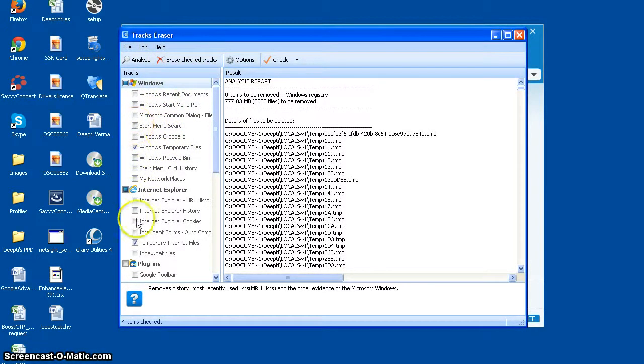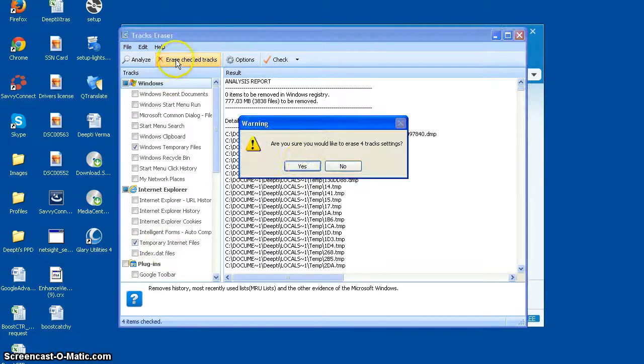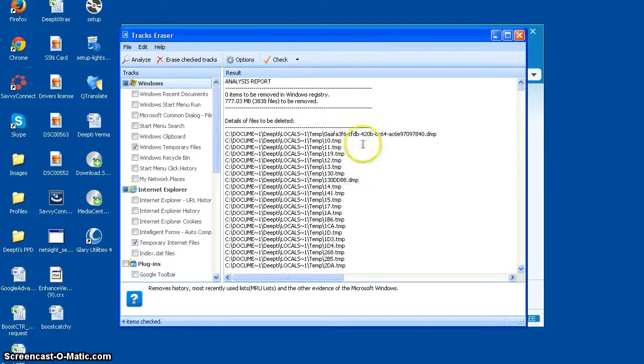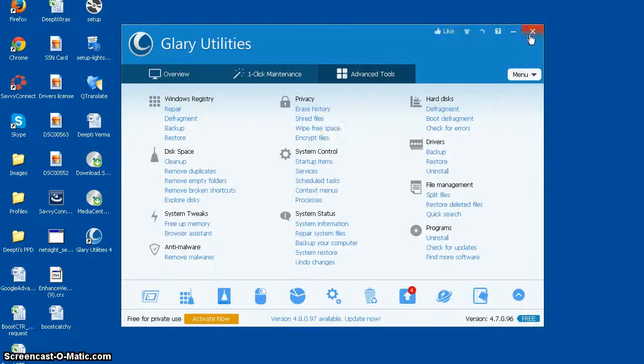Suppose you want to erase temporary internet files, you can just click on this and press this button, erase checked tracks, and it will erase it for you. Let me do this. Are you sure you would like to erase 4 track settings? Right now I'm saying no, but you can do that with this. So that's what it does.